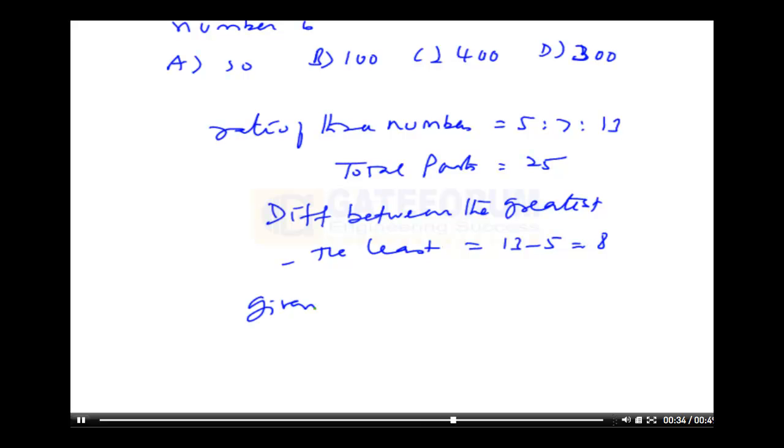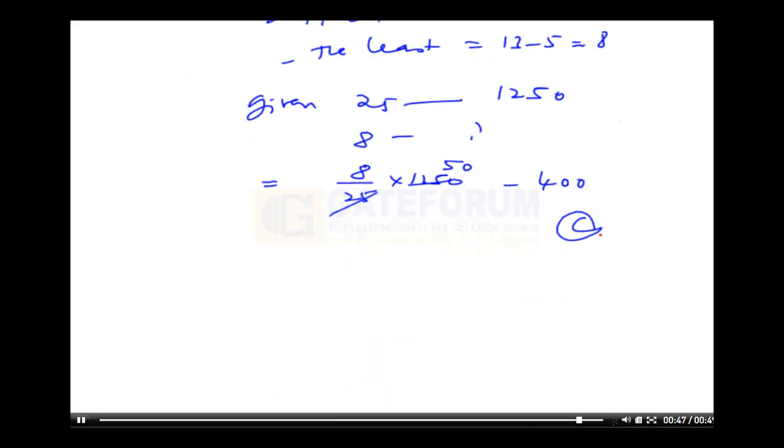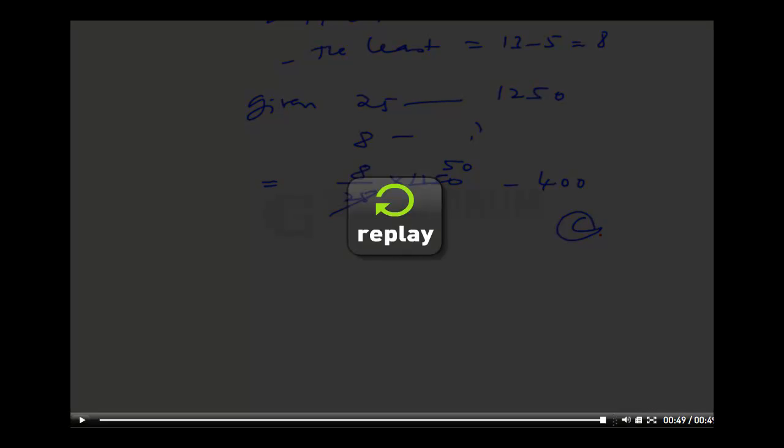What is given is 25 parts is 1250. We have to find 8 parts is how much? 8 by 25 into 1250. 25 goes 50 times. So your answer is 400. The option is